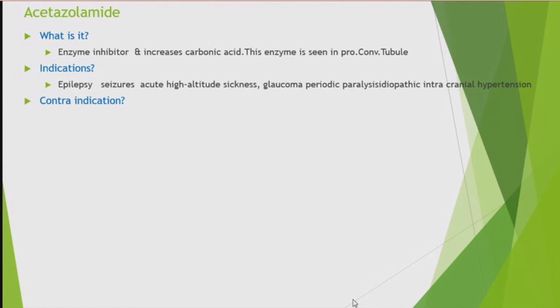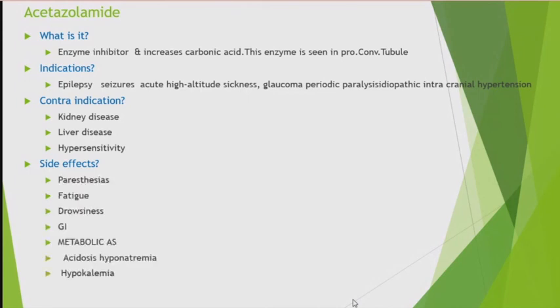Contraindications, sir: severe kidney disease, liver disease, hypersensitivity, we are expected to avoid this drug. Okay, sir. What side effects do you expect when carbonic acid is produced in excess? Metabolic acidosis, sir. Side effects: hyponatremia, hypokalemia, acidosis, GI upsets, and so on. So, a very useful drug, especially for the prevention of periodic paralysis, idiopathic intracranial hypertension,